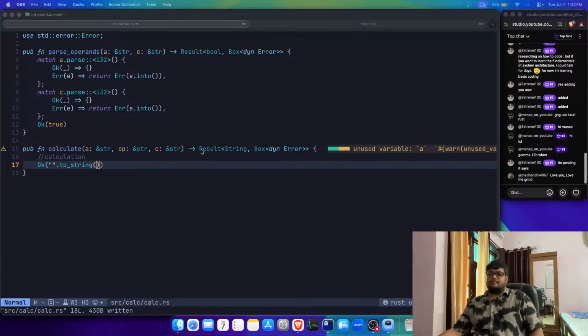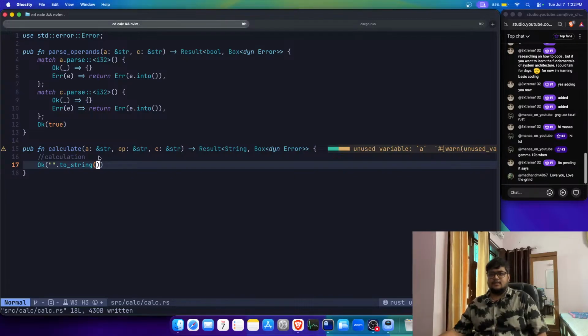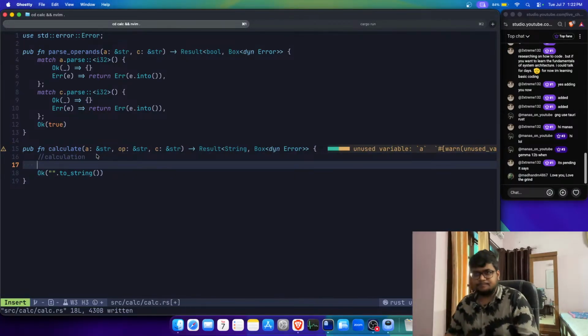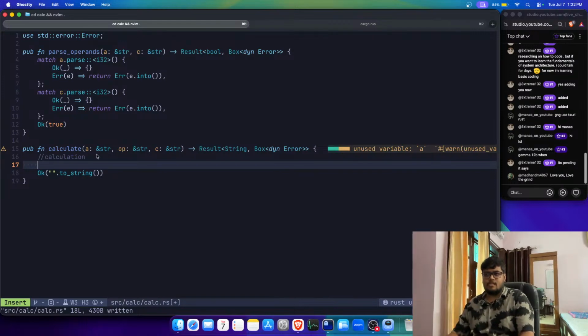So I hope you understand this, right? Now let's do this. Calculate. So before calculating, we have to figure out what operator it is that we have to perform, right? Is it plus, is it minus? So we already have slices, right? And we have this operator over here as well. So we'll always do pattern matching over here. And if I do OP,